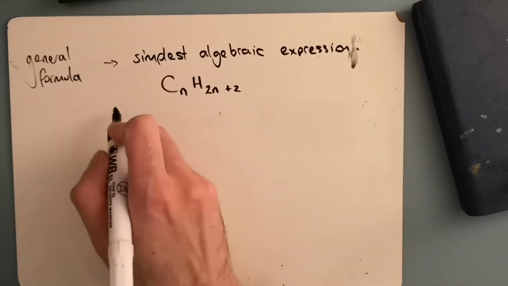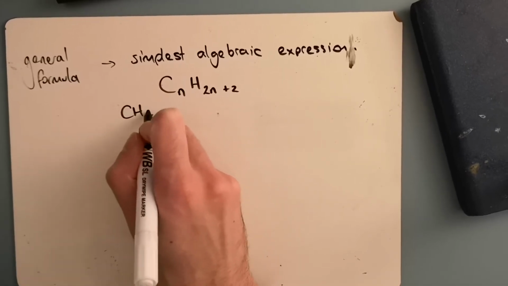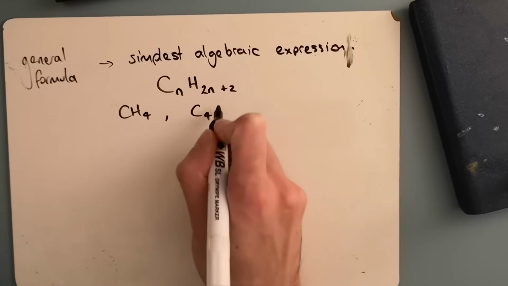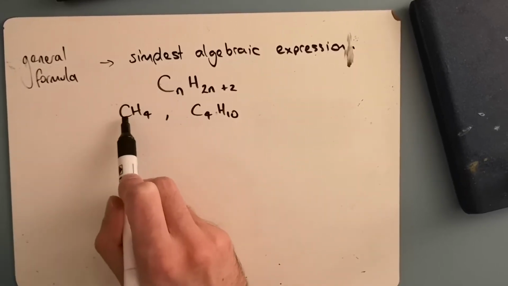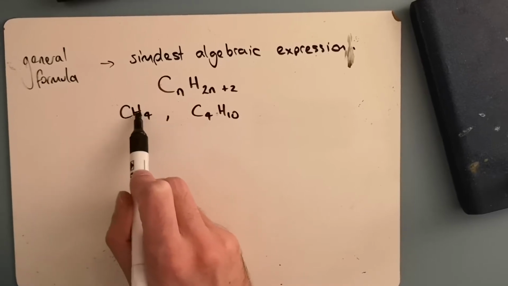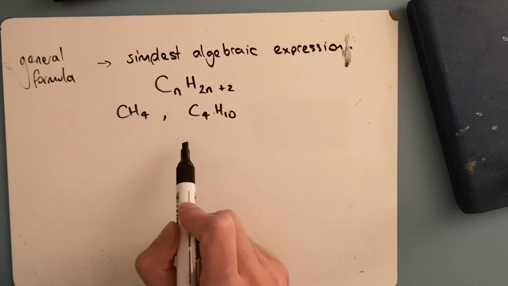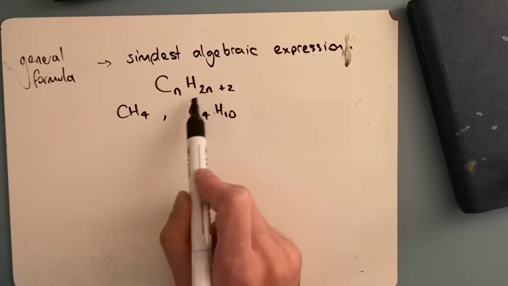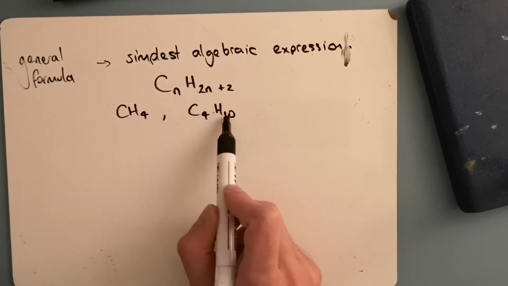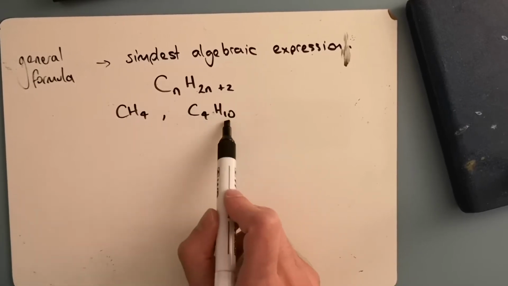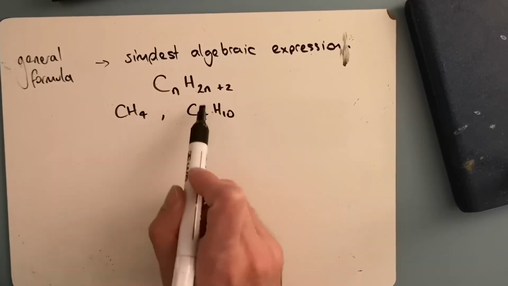So if we take two alkanes to have a look at that, we'll take, first of all, just methane, the simplest alkane. Let's take butane. If n in this is 1, then hydrogen is 2n+2, so 2 times 1 plus 2, so 4. And in C4H10, butane, n is 4, so hydrogen is 2 times 4 plus 2, so we get 10. And so all alkanes follow this general formula of